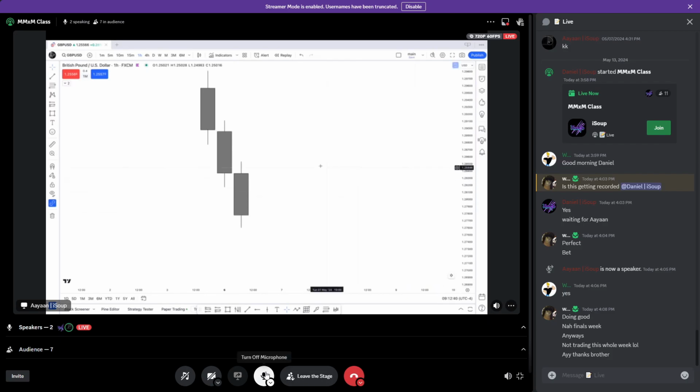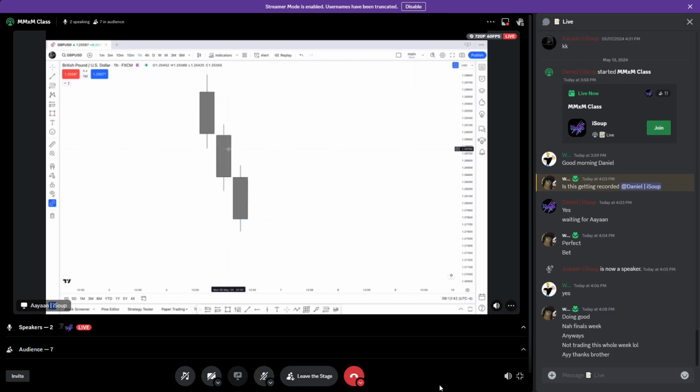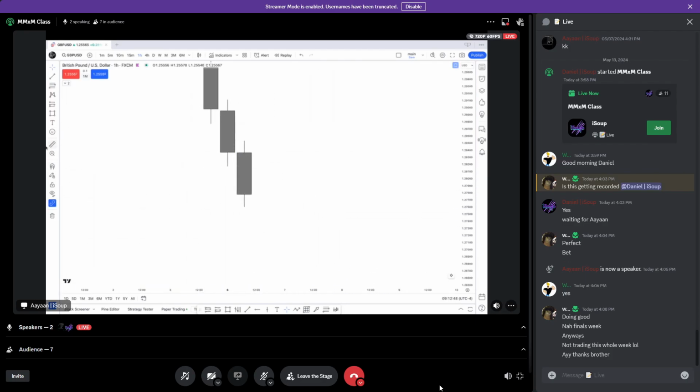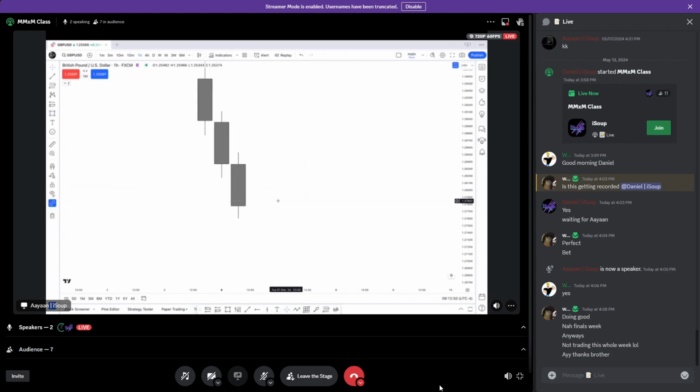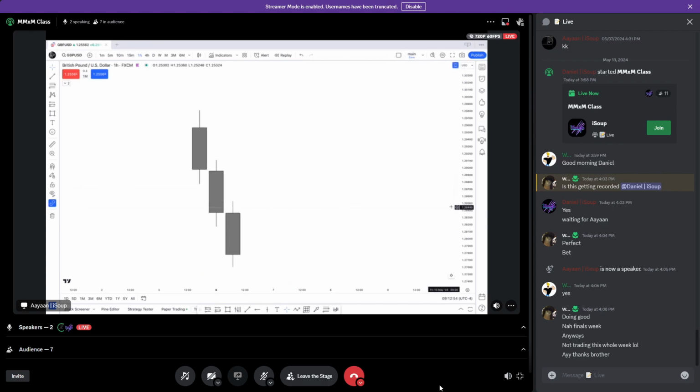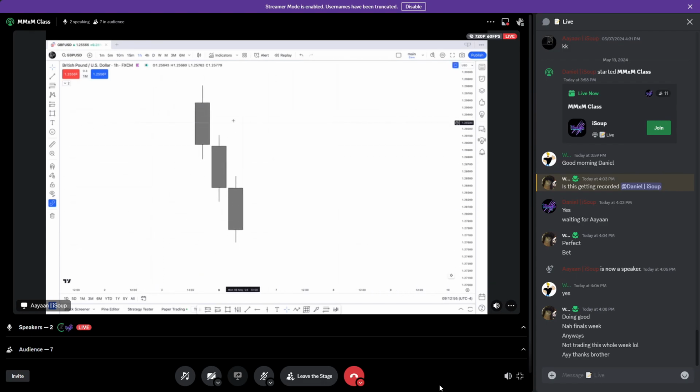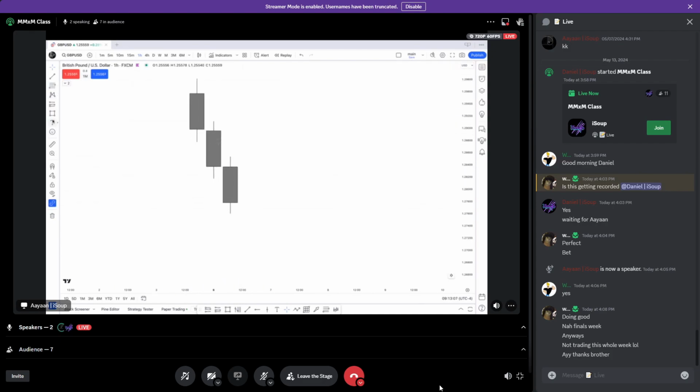All right, we know that internal to external is like this. We want to see price come back in here and then go back down, basically. But we want to see this in the higher time frame. So this can be the hourly if you want to trade the 5-minute, the daily if you want to trade it hourly, and the weekly if you want to trade a 4-hour structure. But how do we actually use this to